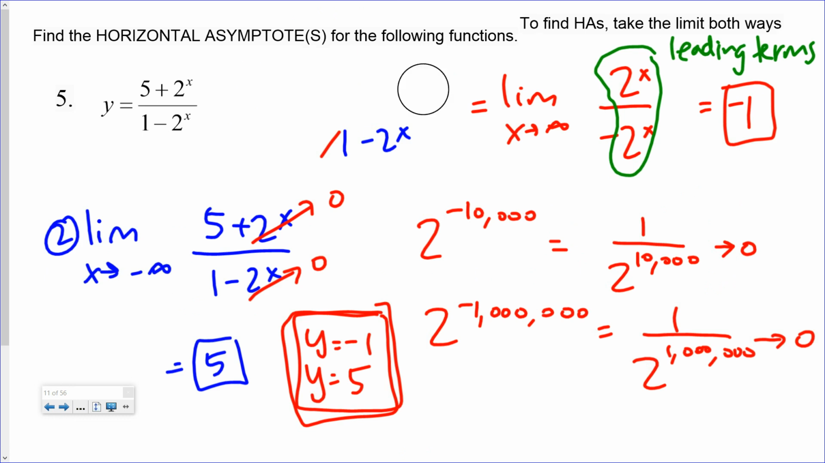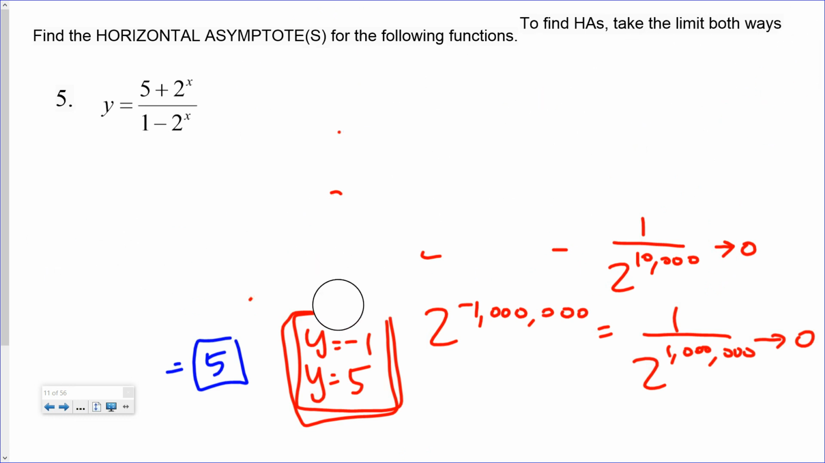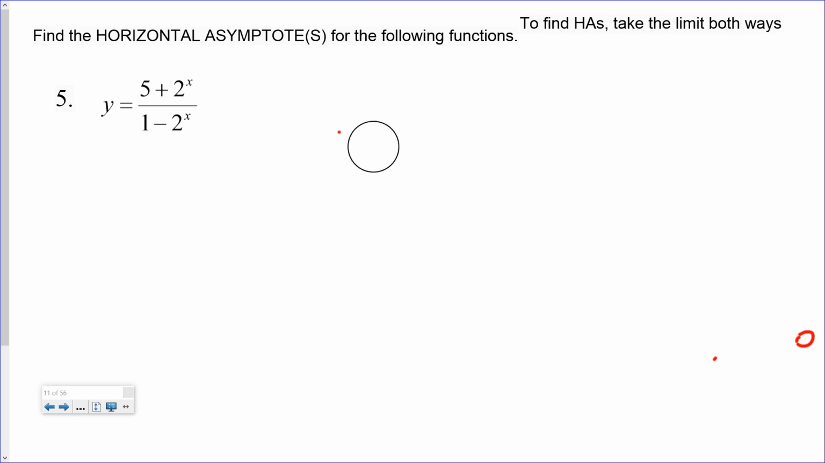Okay, this is your number 3. I know it doesn't look like number 3, but it is. I think. Can you check that? Is that right? Okay. So what you're going to do is it says to find HAs, you take the limit